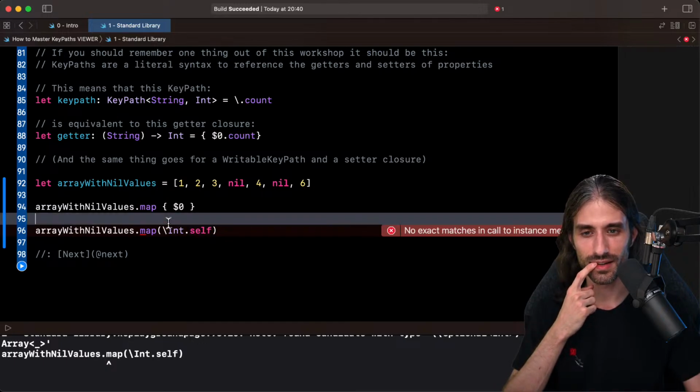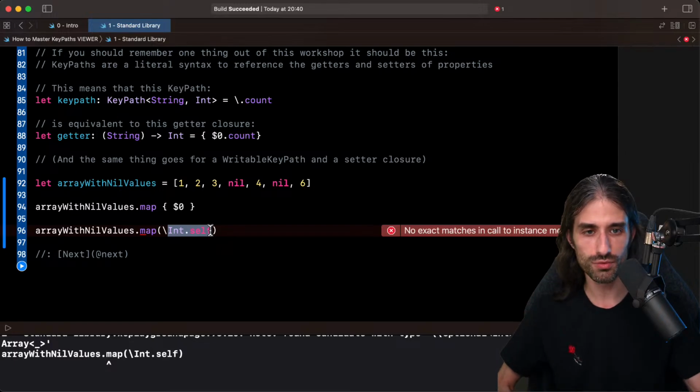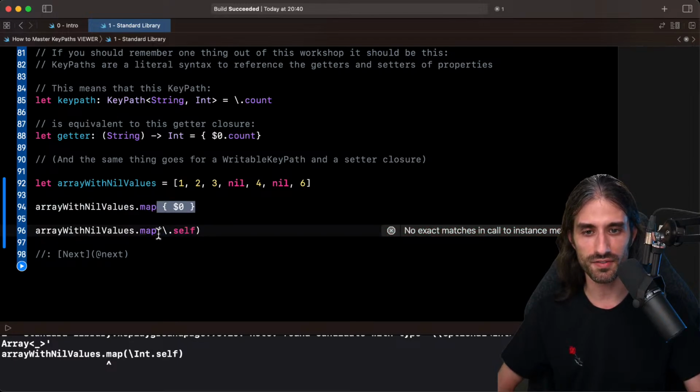That's an interesting one because the fact that this closure is equivalent to this key path is true, given how we've seen that key paths work, but Swift might have a harder time dealing with this key path in this context because I think it seems to confuse Swift a bit.